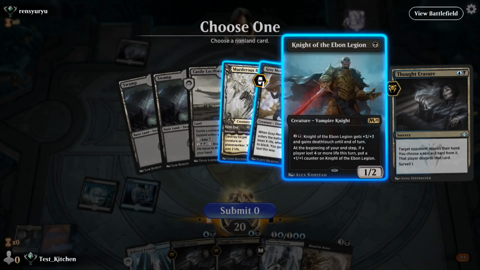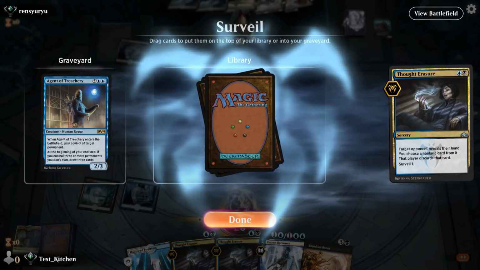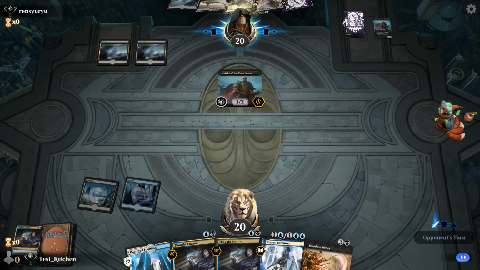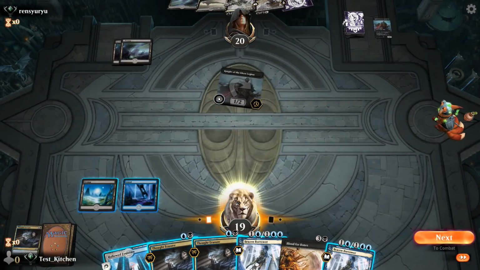Knight of the Even Legion. Jeezy crazy. We definitely need to put you in our yard. Things are shaping up. We can always just Brazen Borrower at the end of their turn next turn and Blood for Bones this Agent of Treachery into play. And that might be the best play in the history of Magic. Wouldn't go that far. But...